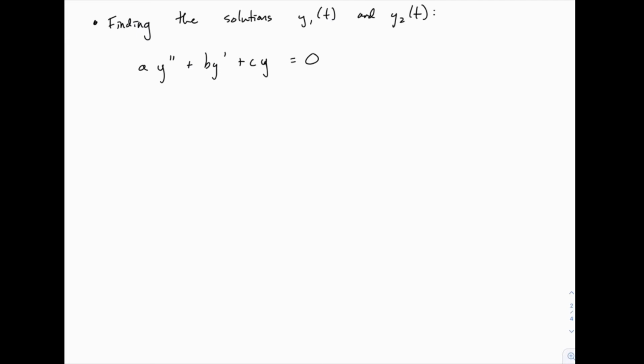In other words, what kind of function y, when you take itself, its first derivative, and its second derivative, and then you multiply them all by constants and add them together, can you get 0? Now let me be more specific. If we have this function, and its derivative and second derivative are going to all add up to 0, that